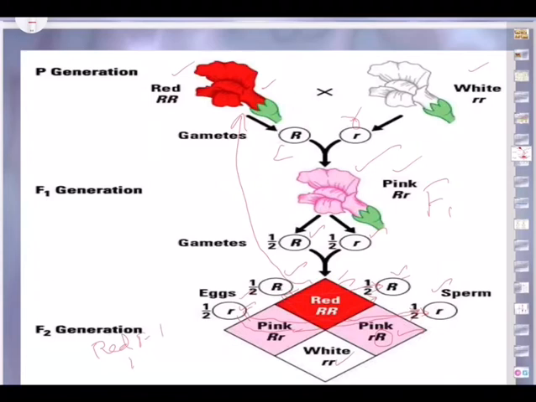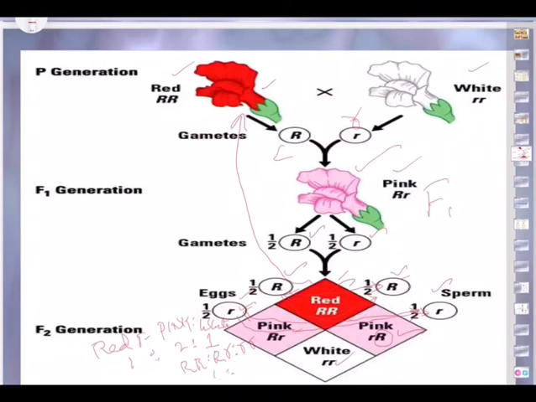Phenotypic ratio, let us see how the flowers will appear for us at the end of the experiment in F2 generation. This is red flower. So you have to write phenotype red flower 1. And how many pink flowers? 2. How many white flowers? 1. So physically also you are seeing the F2 generation has 1:2:1. Whereas in Mendelian monohybrid F2 generation, it is always 3:1, right? In Mendelian inheritance, it is 3:1. So there is a deviation. The deviation is because of incomplete dominance.